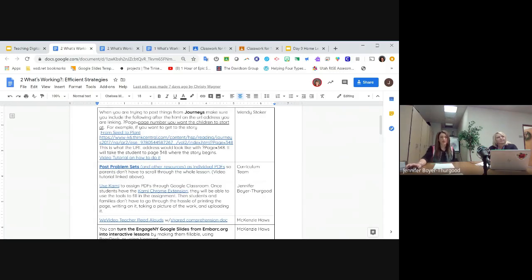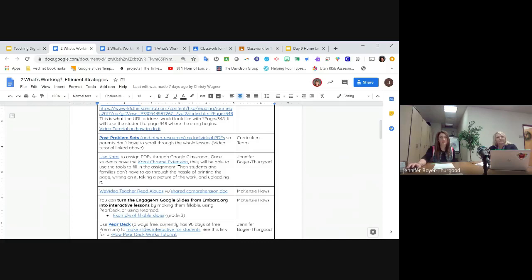Another great tool that can help us not ask parents to do any printing and can simplify your life is this Chrome extension called Kami. It's Kami. And I created a tutorial for this one as well. But what Kami does is you download it as a teacher. Your students have also got to download it. It's approved by the district. It's great on a Chromebook, so there's no problem with them doing it, and downloading only takes a couple steps. There's a link to that here too.